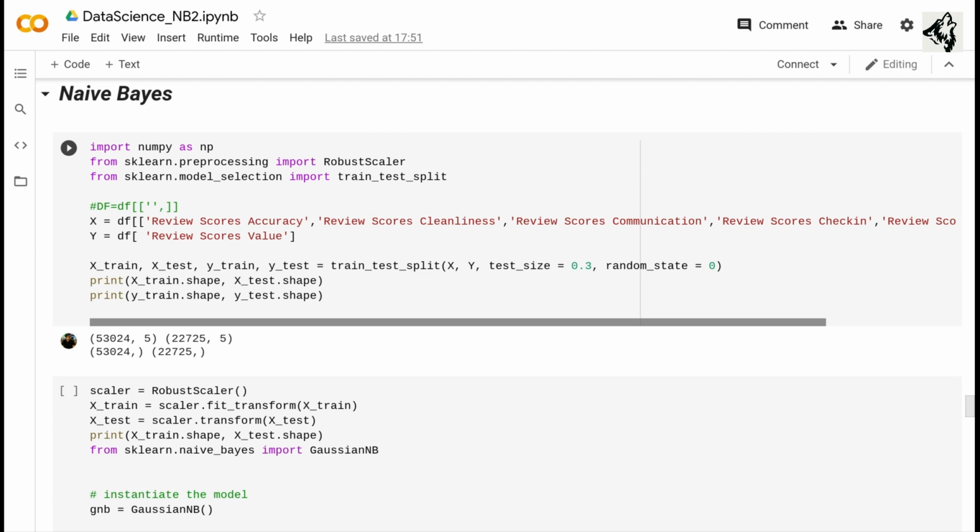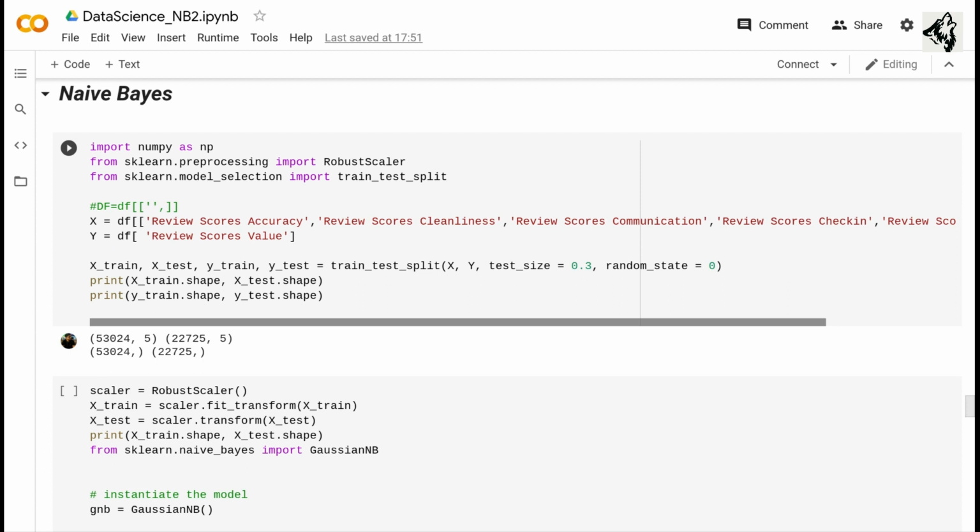We have used the Gaussian model of naive-Bayes to perform the prediction. As you can see here, we have taken the similar columns used in our dataset to predict a review scores value as mentioned earlier. Here you can see we have split the dataset for the purpose of training and testing.